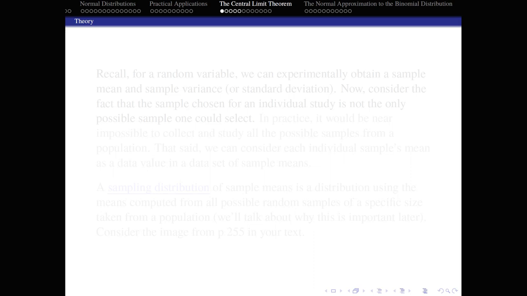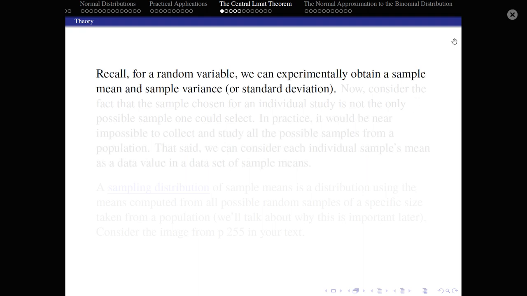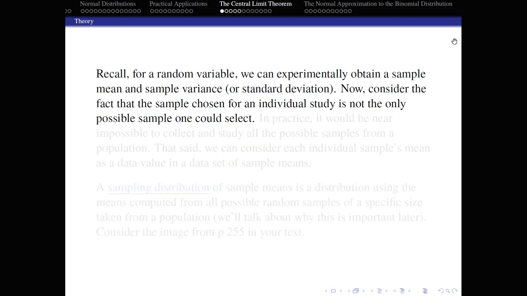In this video, we'll continue by discussing the central limit theorem and how it impacts our use of the normal distribution and informs the practical applications to which we can apply. Recall that for a random variable, we can always draw a sample mean and a sample variance or standard deviation for data. So if we sample a bunch of different individuals,